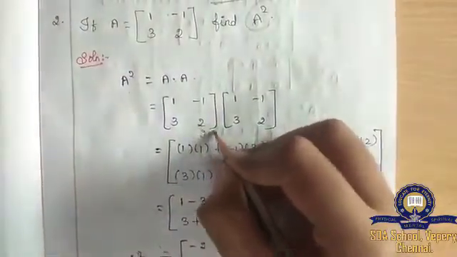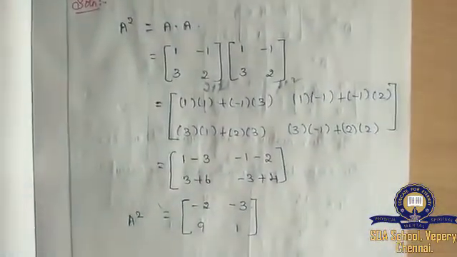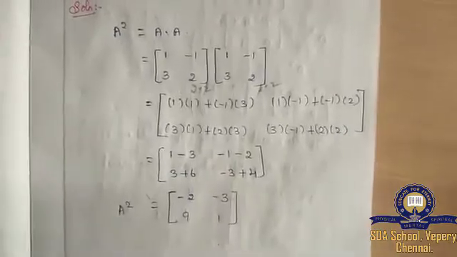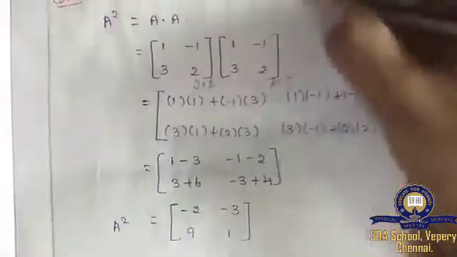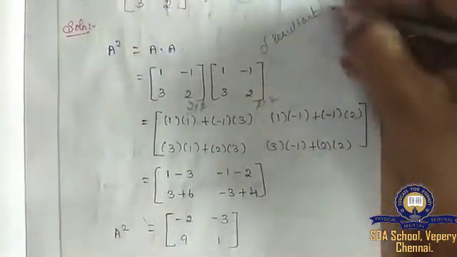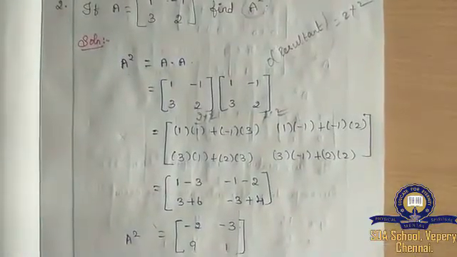So how will you check? The order of the first matrix is 2 by 2. This is also 2 by 2. So the numbers in between are the same, right? So directly we can say this matrix multiplication is possible. So again what we have to do? The resultant matrix is 2 by 2. Am I right? So the order of the resultant matrix is 2 by 2. So 2 and 2 are left out. So the order is 2 by 2 obviously.